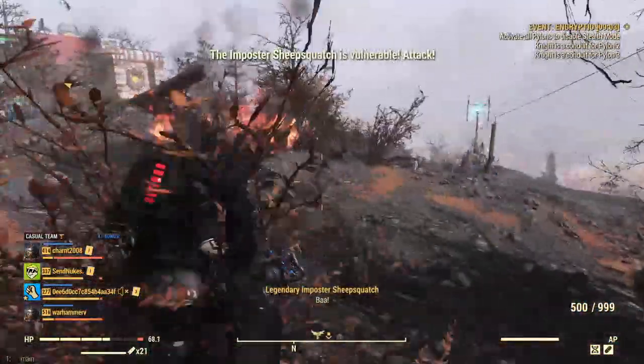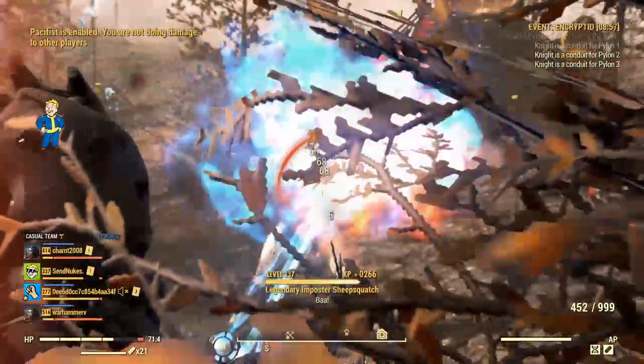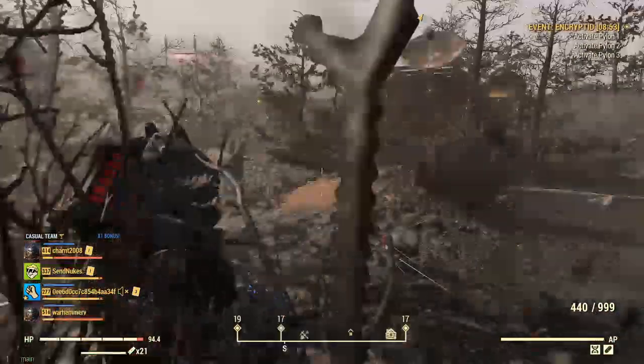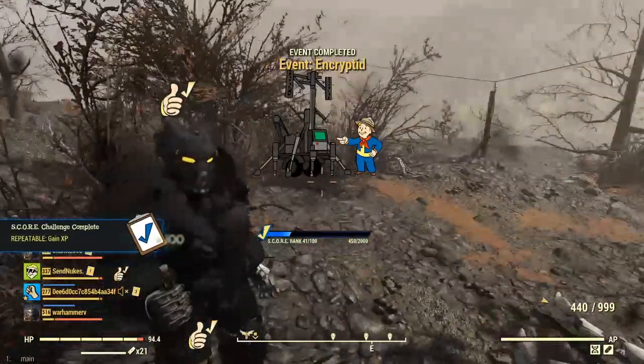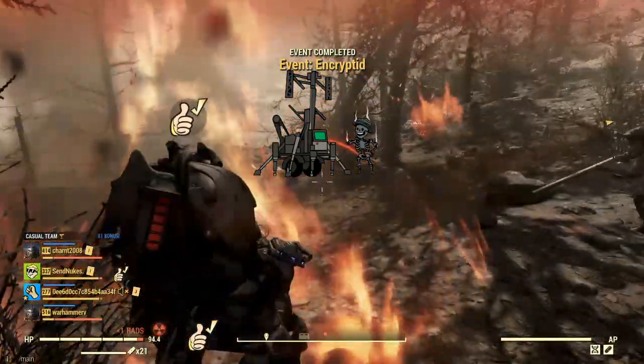So every few seconds I am using a stim pack. The sheepsquatch is now vulnerable, and I pull out the Gauss minigun, lay into it, the other guy lays into it, and we kill it. That took just a few minutes to complete. So you can see how, if you have the resources available, this will be a great event to quickly farm